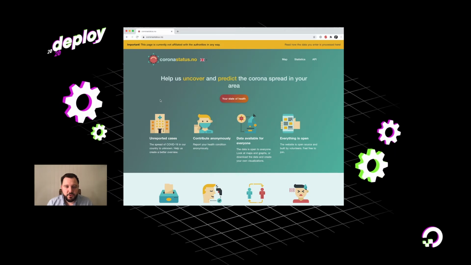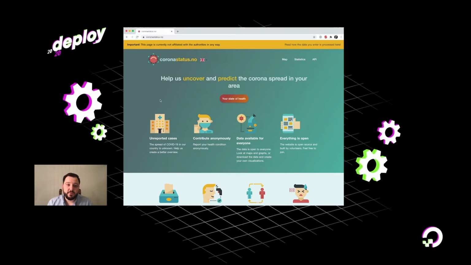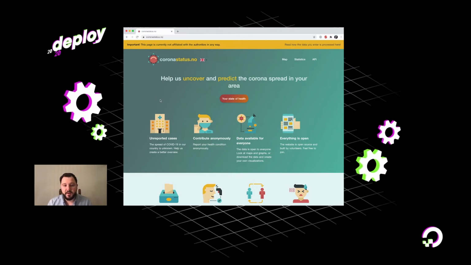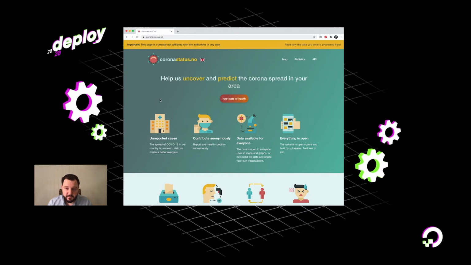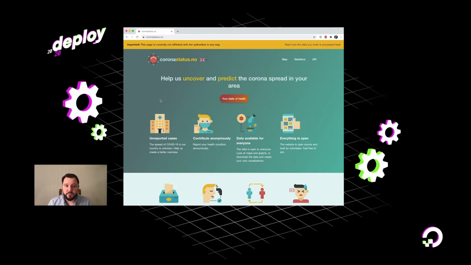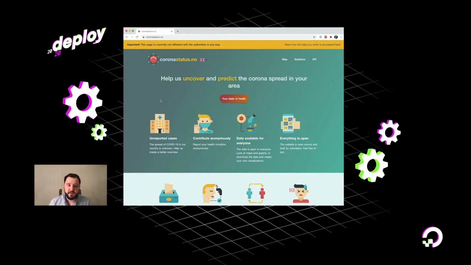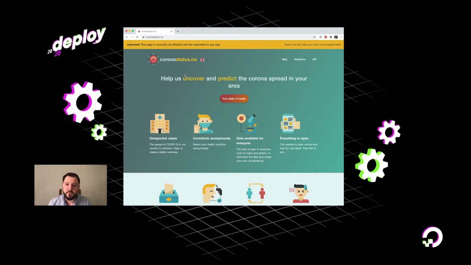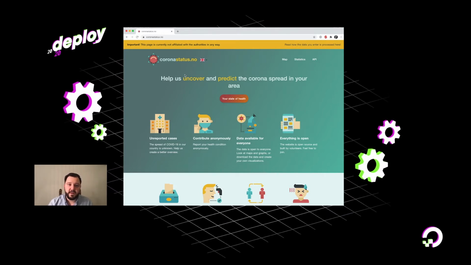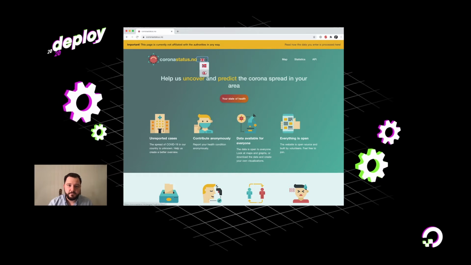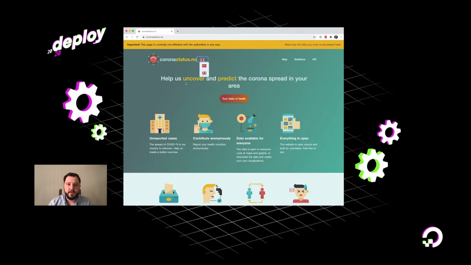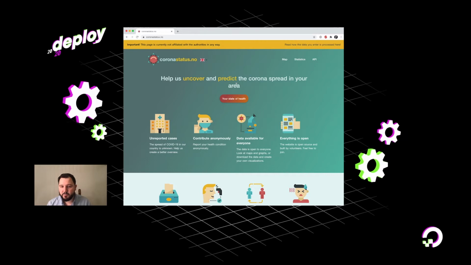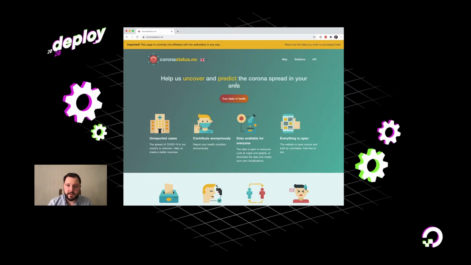First, I'll try to show you how Corona Status works. So, like I mentioned, it's an open source website that lets you anonymously self-report COVID-19 symptoms. So, what you do is you go to coronastatus.no in my case, because I'm in Norway, but there are 30 other countries where you can also self-report. You choose the language that you prefer to have the site in. So I'll do it in English for now. It starts off in the heading here with a bit of information on how this works and why we built Corona Status. I won't go through that now.